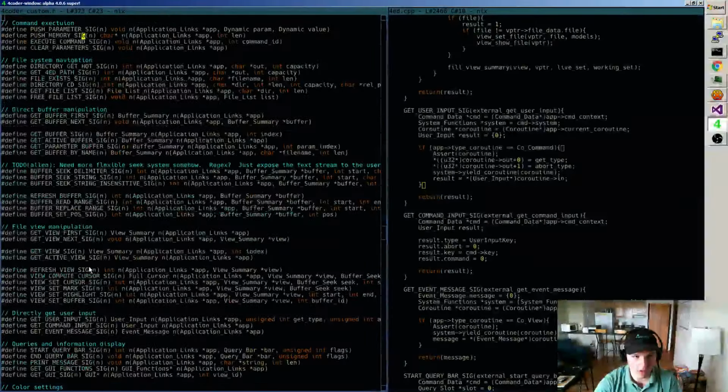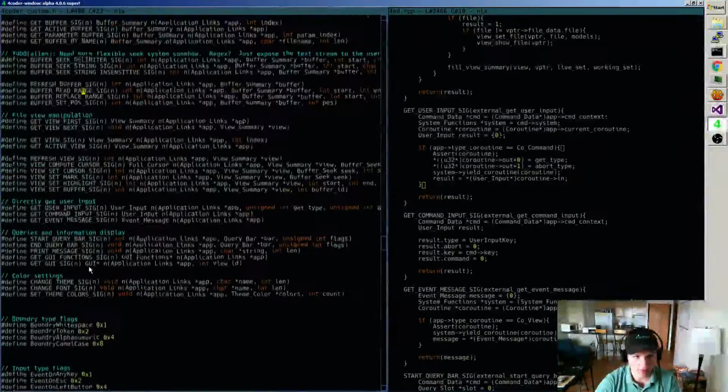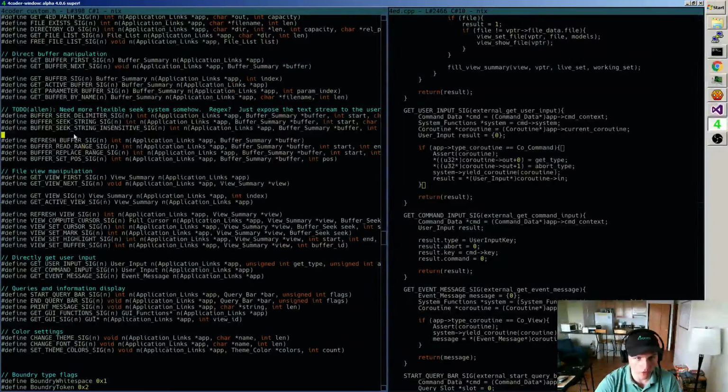This has grown quite large, and I plan to squash some of these functions, as I mentioned, so that there are fewer of them again. I have some ideas on how we can get rid of this function. We can just get rid of that. This whole concept of the position within a buffer is going to go away. It's going to completely be associated per view from now on.